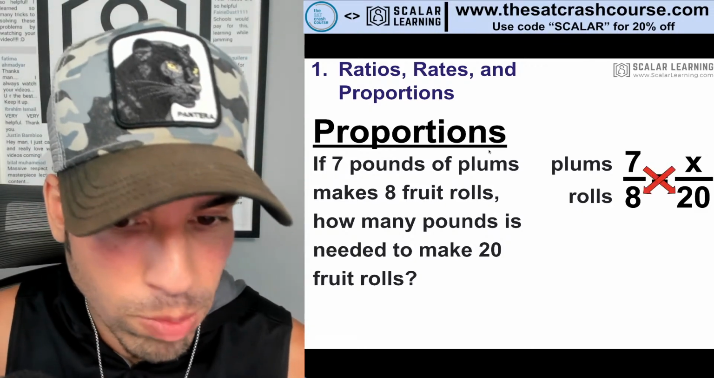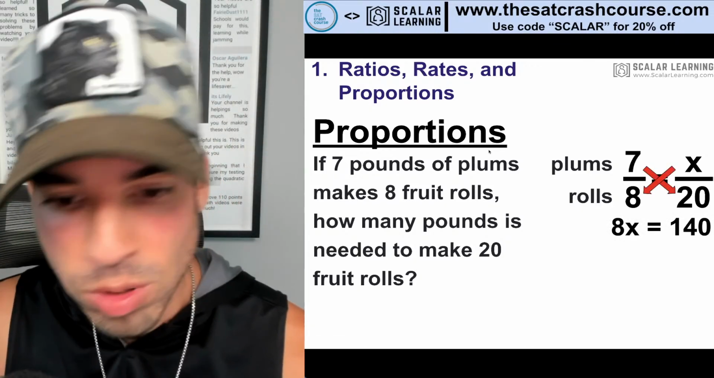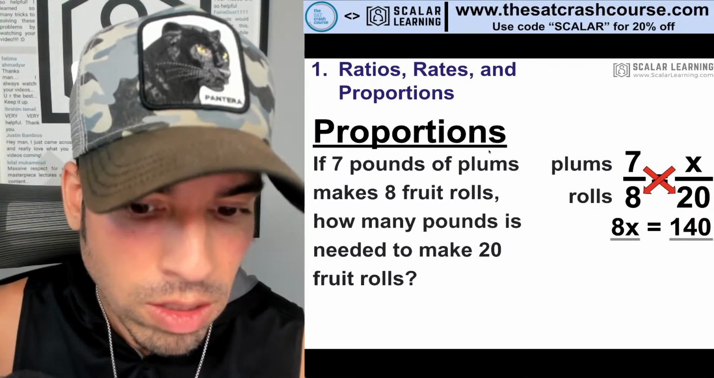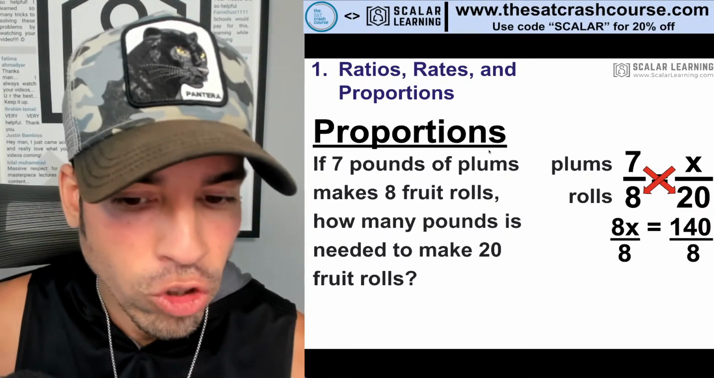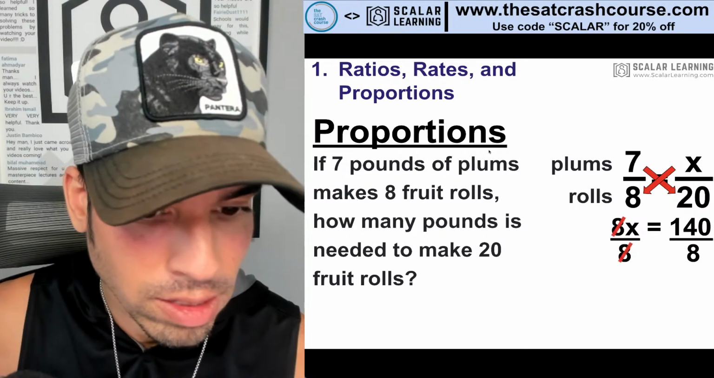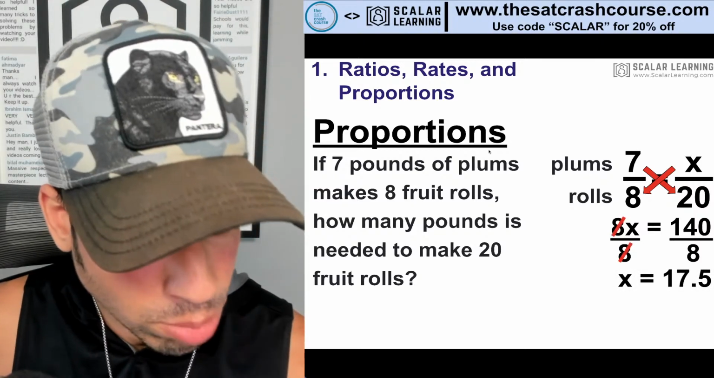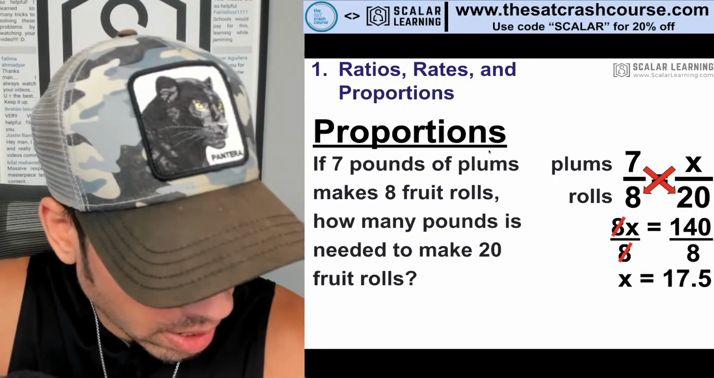Now again, we're going to cross multiply like we saw before. So we get 8x equals 7 times 20, which is 140. Divide both sides by 8, and 140 divided by 8 ends up being 17.5,